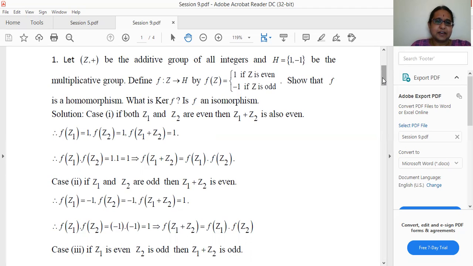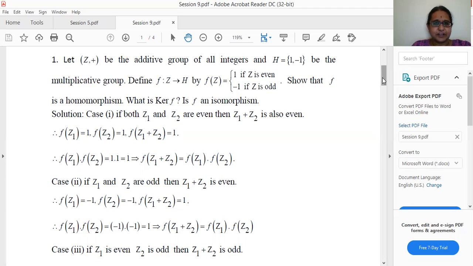So in this we have two groups, one is the set of all integers with addition as binary operation, that is Z comma plus, and the other is H. It consists of only 1 and minus 1, and for this group the binary operation is multiplication. The mapping F of Z is defined such that F of Z takes the value 1 if Z is even, minus 1 if Z is odd. With this mapping we have to show F is a homomorphism. After that we have to find the kernel of F,